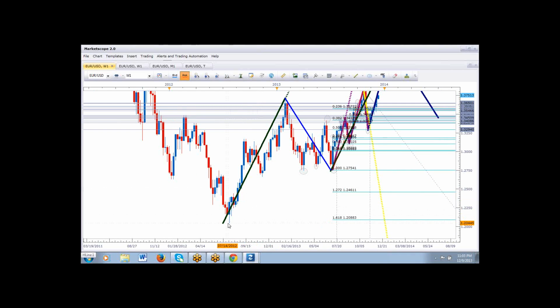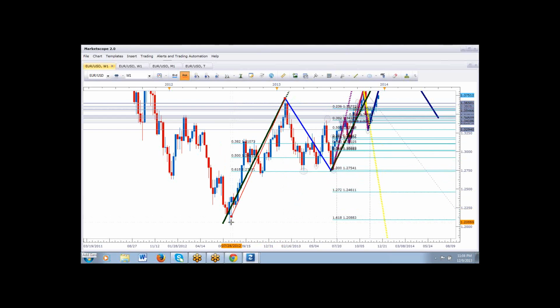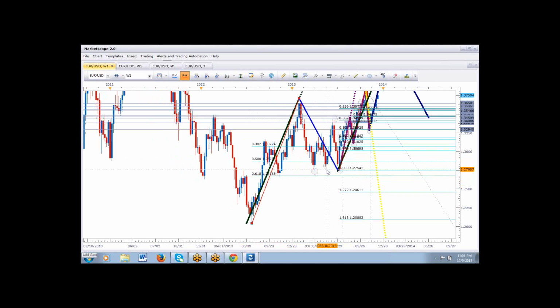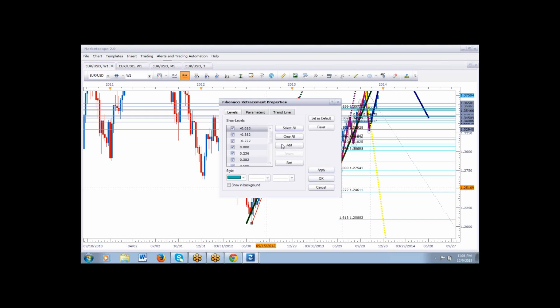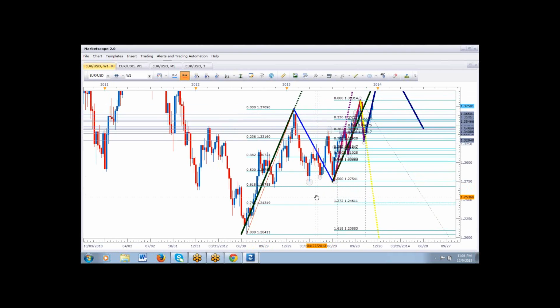So similar with this is the highs of the move, and then you have your small ones, of course, but this is the big one. And if I put through, and watch this, from that high, that low to that high, over there. Notice the 50% is a really strong one. Didn't want to go to 62. Okay, now if I change that, select all, apply, press OK, you will see